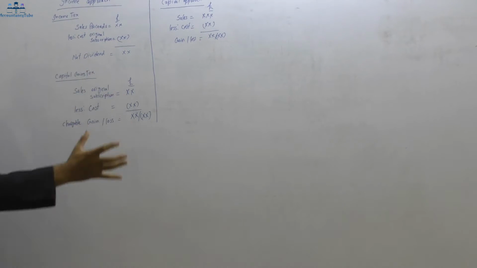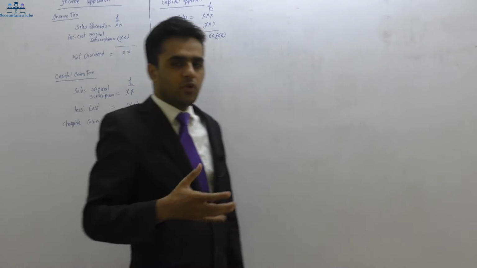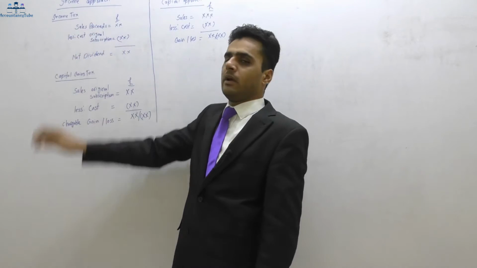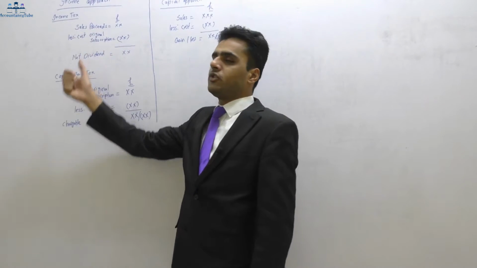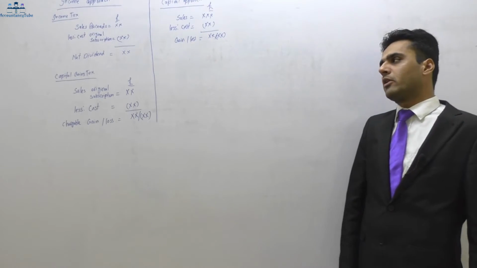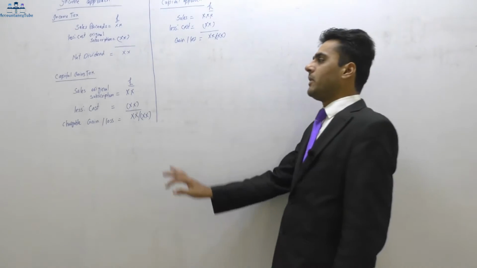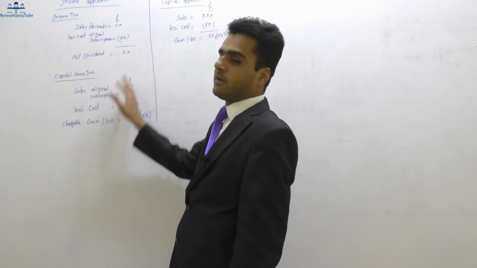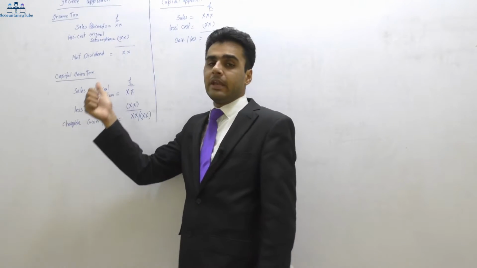So whenever the company is buying back its own shares, we'll take the sales price, the market price of that date. Then whatever the shareholder originally purchased it for, the original subscription price, we will deduct out of that, and whatever the net amount is, that will be our net dividend, and we'll have to calculate the tax on that. That will be the income tax.